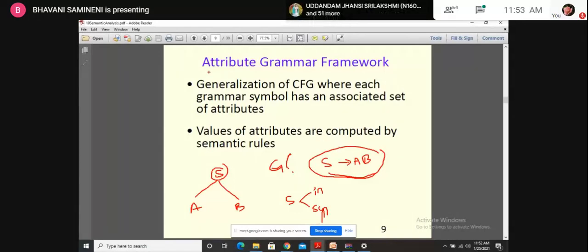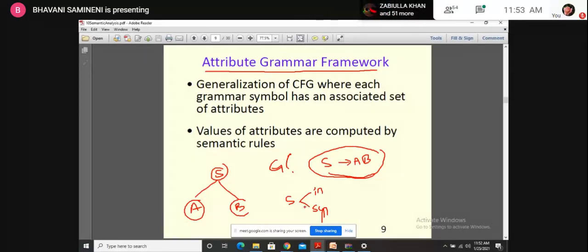In this attribute grammar framework, we are going to take what attributes we can define for a node. If we are converting this into a parse tree, every symbol we are going to consider as a node, right? Here the nodes are the A node, B node, and S node. A and B are the leaf nodes, and S is the intermediate node, which acts as a parent for A and B. So there will be some attributes for each and every node.